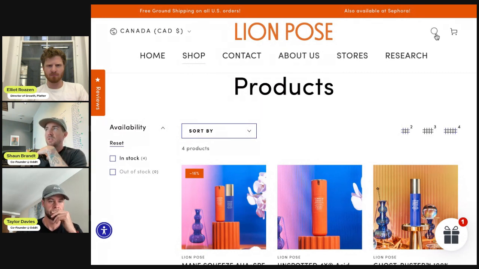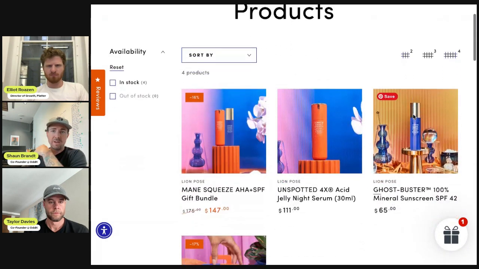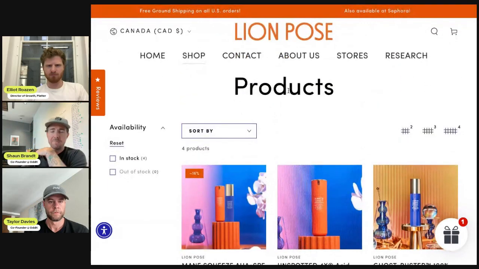Search can be super powerful for brands, and in general, customers that search convert higher. But there's a threshold, right? Do I really need to search for two product SKUs? If they're here to learn about skincare, sure, but that's not why they're on your website, and that's not why we want them on your website. All that content is SEO. So if they landed on one of those, great. But this search, to me, is wasted space. All they're doing is clicking there, potentially searching and getting something they weren't looking for, or getting the same four products they would click from shop. So